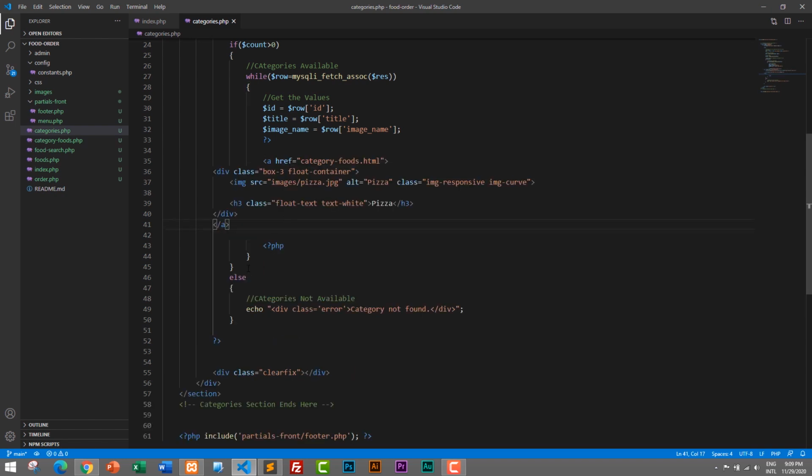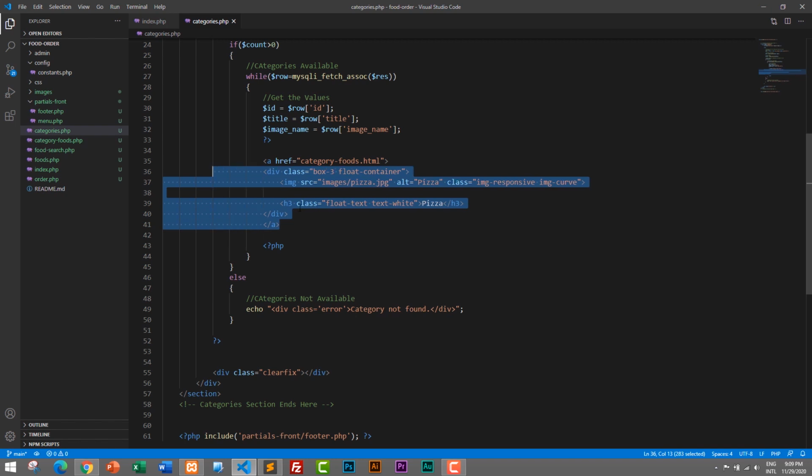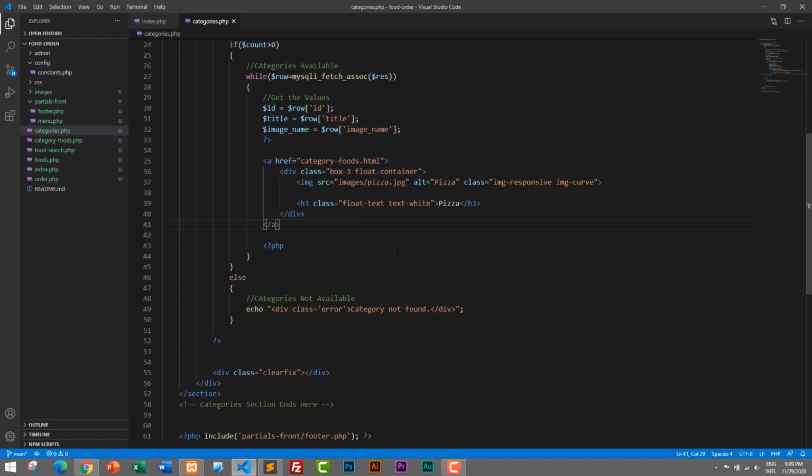Control and V, and let's push them inside for proper indentation. I will push this division inside as well. And here first I will display the title, and then I will work on image, because we need to check whether image is available or not. So instead of pizza, I will display from database PHP